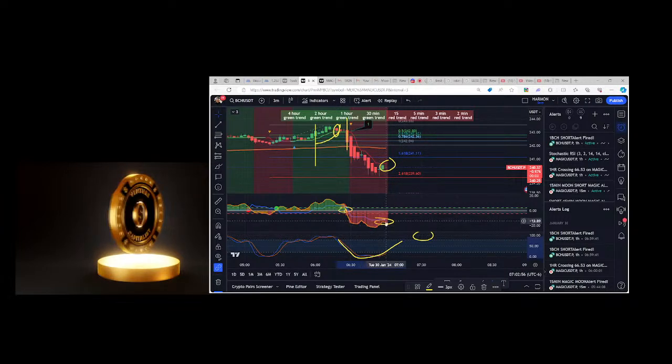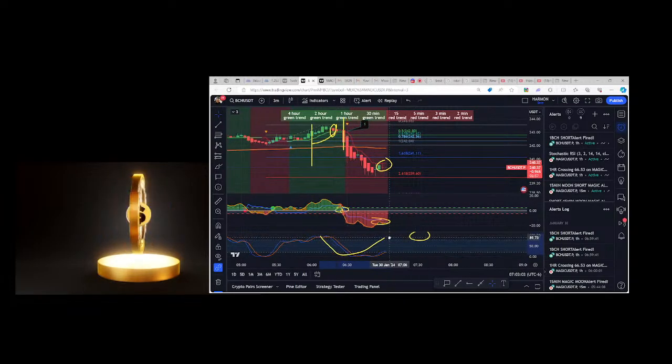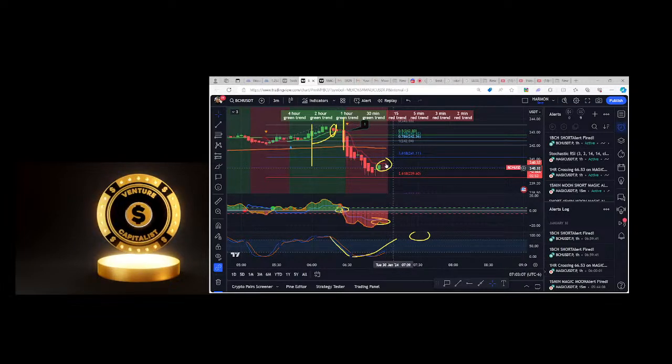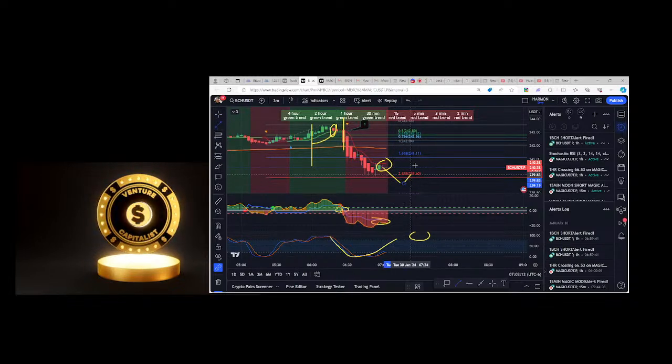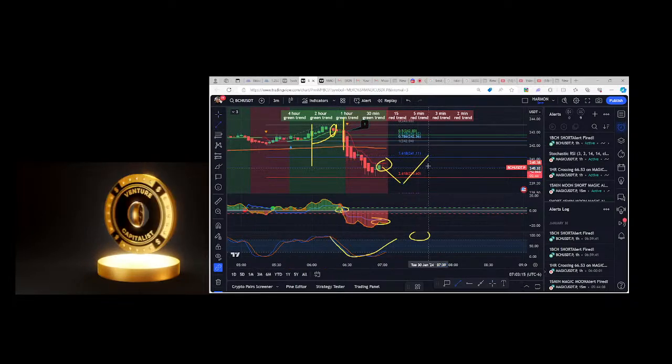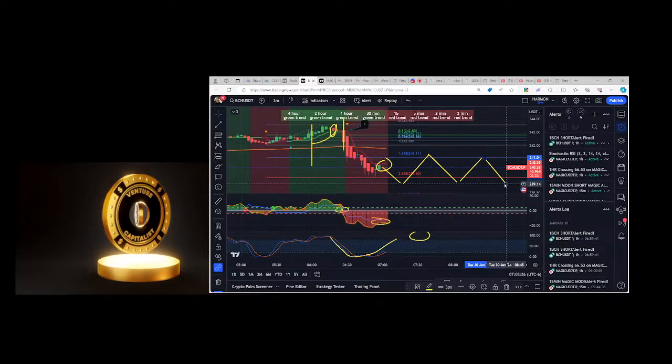Now this rejection here, let's say you don't get into that big pullback. All you're really doing is waiting for the 3-minute RSIs to come up and start to head down. And then you got the next entry, right? So that would be the next entry, and you do 20%. Then when the 3-minute bounces up again, that's where you put in 40%. Now your total is 60. And then if there's one more bounce that comes up, then you put in the other 40%, you're in 100%,